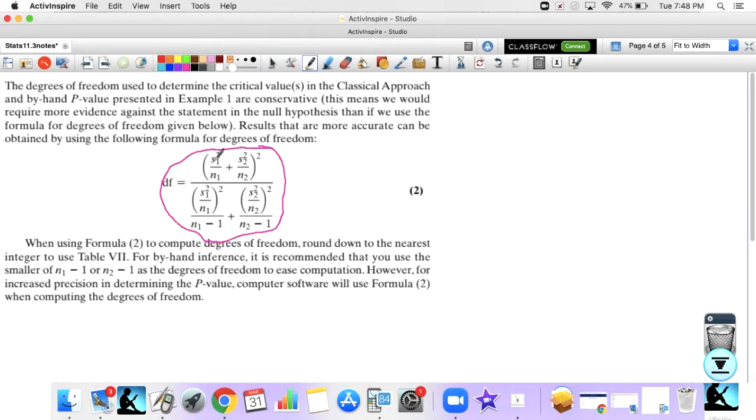doing this calculation that involves looking at your sample standard deviations for each, dividing them by the sample size, adding them, squaring them. This is a huge process. Some hardcore statistical software programs will do this for you as far as calculating degrees of freedom, but when you're calculating your critical values, which only some of you do, because in the past we've used that on tests as bonus points,